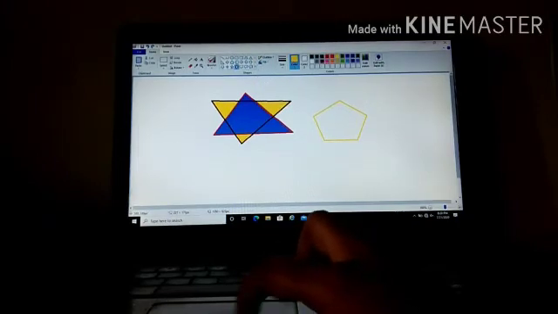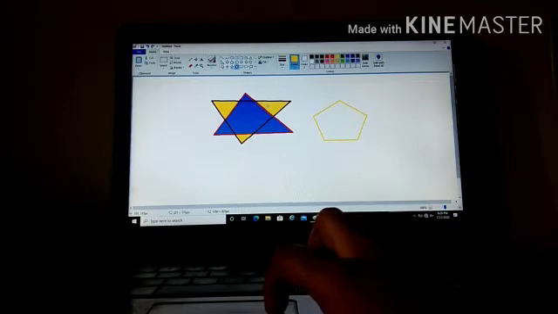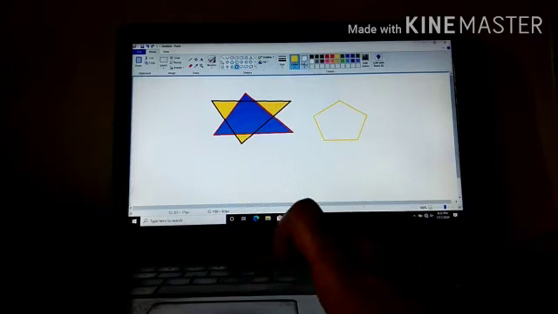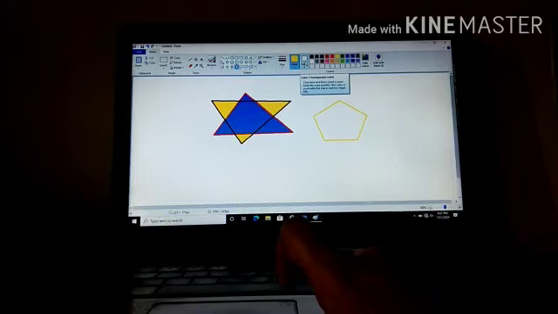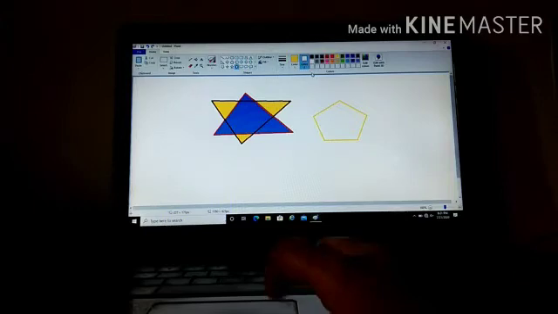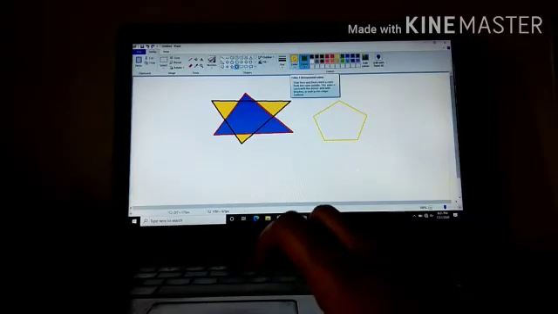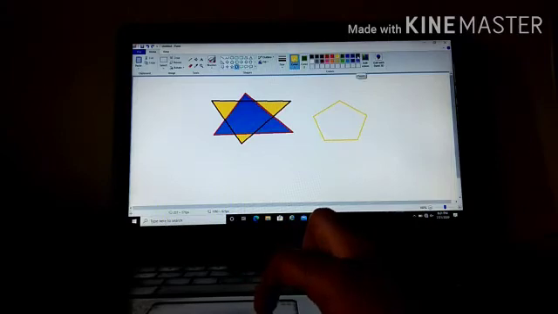Before drawing, one more thing you have to think about, that is color 1 and color 2. Color 1 is used for the outline, which is called the foreground color, and color 2 is used for the background color, which is filled in your shape. So click the color 2 option, and whichever color you want to fill in your shape, select that first. Suppose I want this green color. And for color 1, meaning the outline, I will use this purple.